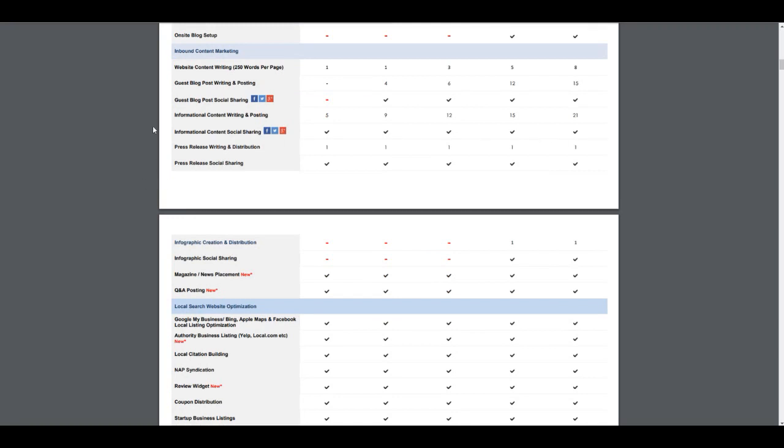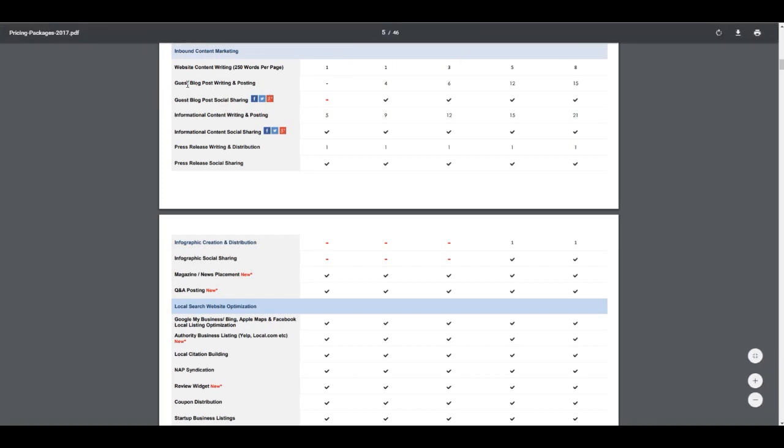So depending on the package level, we'll be writing content for the website itself to optimize the most important key pages on the website for their top keywords, and how much of those pages and optimization do we do depends on the package level. And then we also do blog article writing for the website itself, as well as for offsite blogs. And then once the content is written and published on the site, we share that out through social media accounts to get further awareness and distribution on the content. We also write a press release and distribute that press release to multiple press release sites.